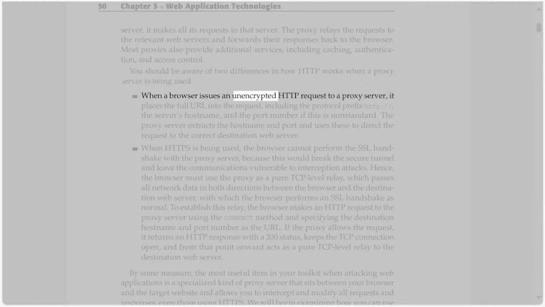When a browser issues an unencrypted HTTP request to a proxy server, it places the full URL into the request, including the protocol prefix http://, the server's hostname, and the port number if this is non-standard. The proxy server extracts the hostname and port and uses these to direct the request to the correct destination web